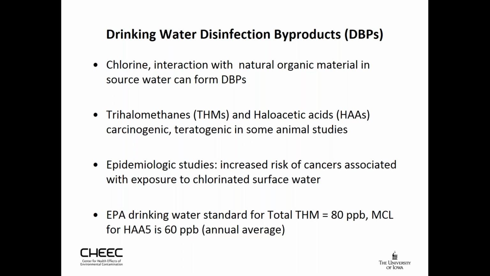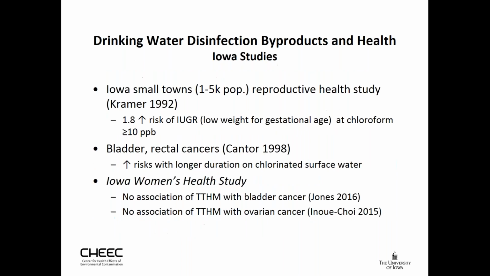That's based on an annual average of quarterly samples at a distribution plant or a treatment plant. Some of the results we have from disinfection byproduct studies and health, these studies are in Iowa. Mike Kramer in 1992 looked at small Iowa towns in a reproductive health study, and he found a not quite 2-fold risk of intrauterine growth retardation, which is low weight for gestational age, with chloroform in the water at over